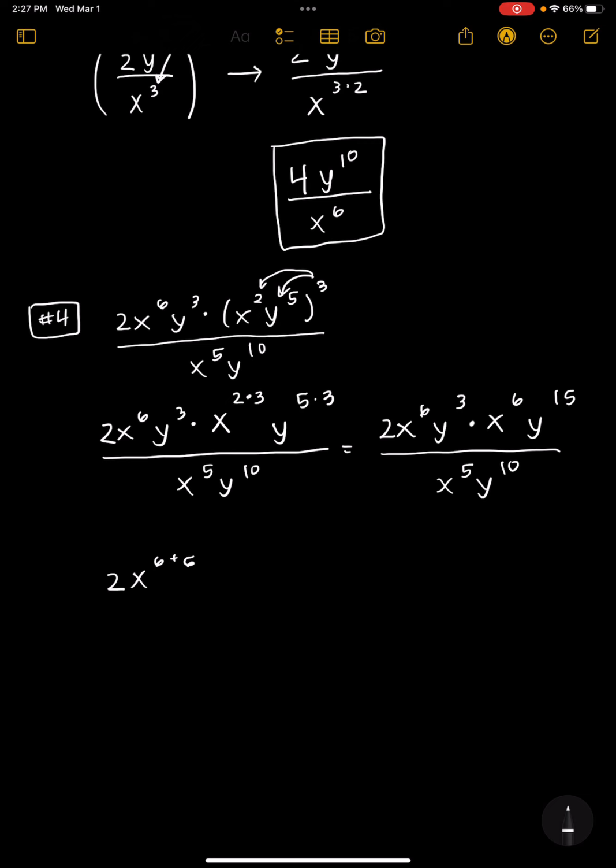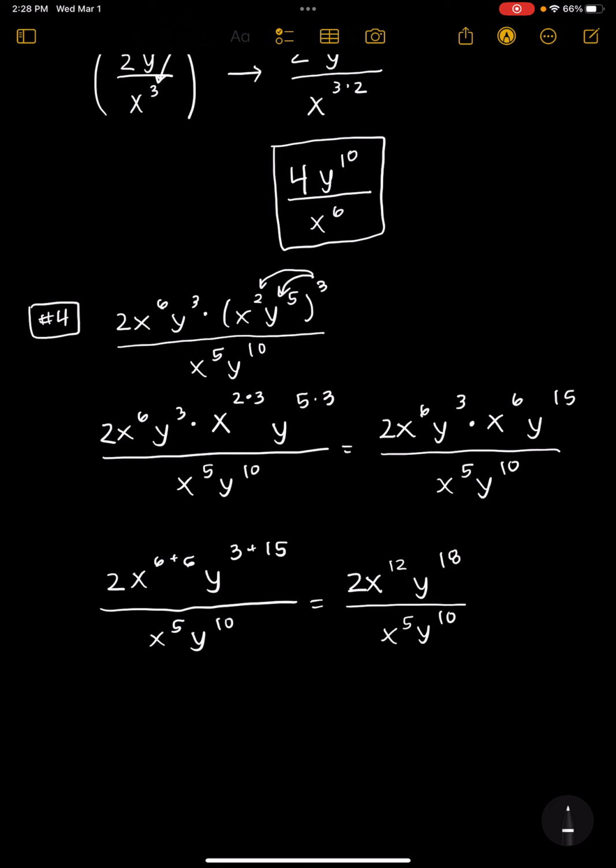And then our y's will be y to the 3rd plus 15 because those are our exponents on the y on the top. And then the bottom is x to the 5th, y to the 10th because I haven't touched that yet. Now we're going to simplify that by actually adding the exponents. So I'm going to have 2x to the 12th, y to the 18th